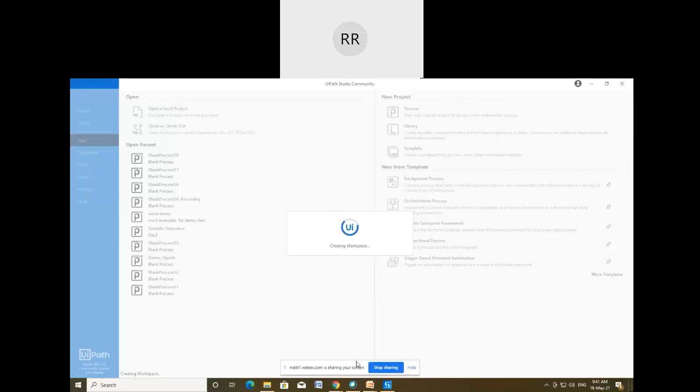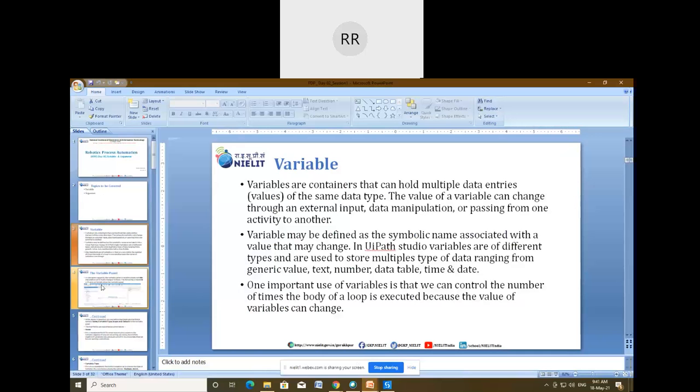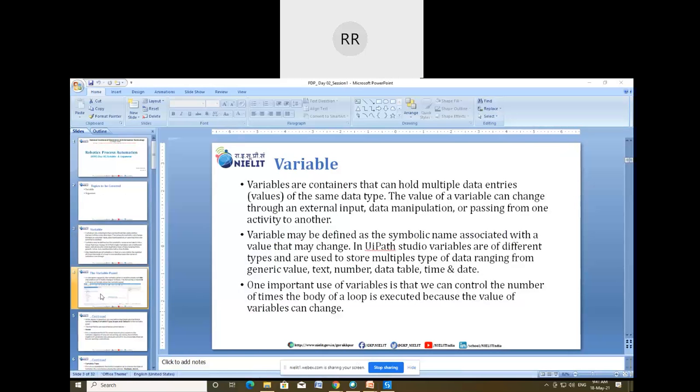So it is taking time, no problem. Just let me show you the PPT of the variable panel.